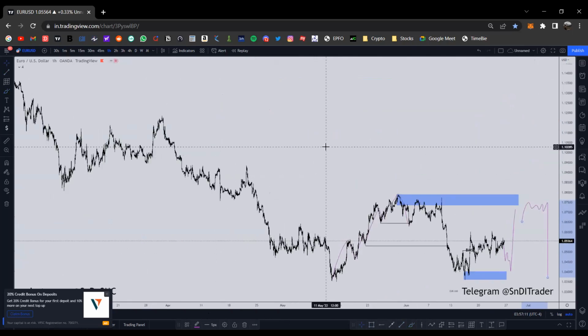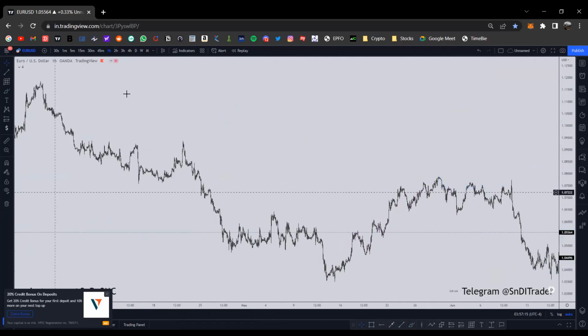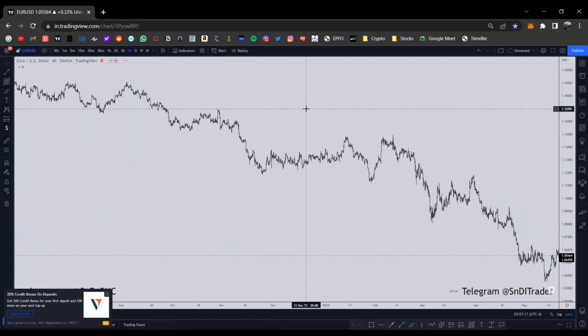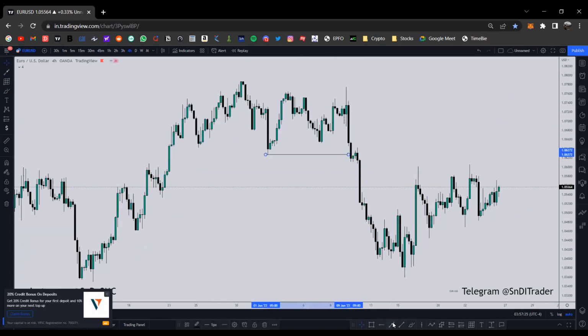So that is how we see the structure up here. So this will be a BMS. Okay, this will be a BMS. This will also be a BMS towards the upside,